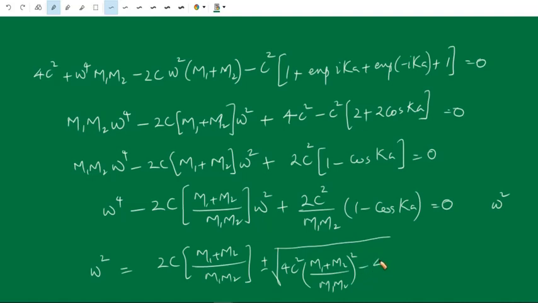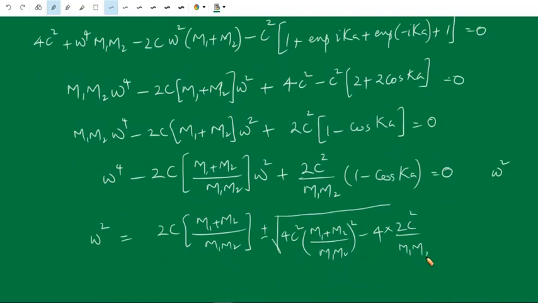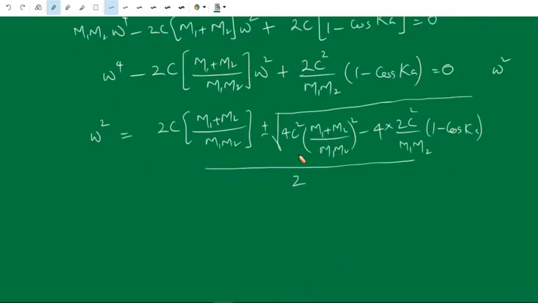minus 4, where a is 1 and c is 2c square divided by m1 m2 into 1 minus cos ka, all divided by 2. We can take 4c square m1 plus m2 divided by m1 m2 whole square out from this square root, and we can write omega square as 2c into m1 plus m2